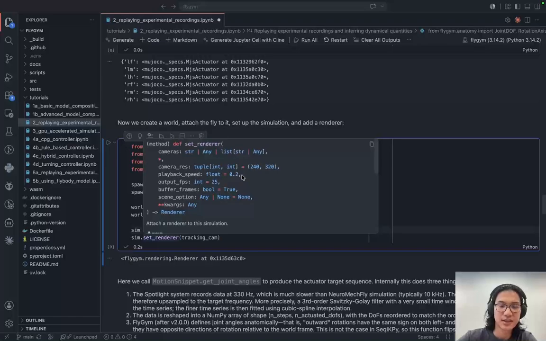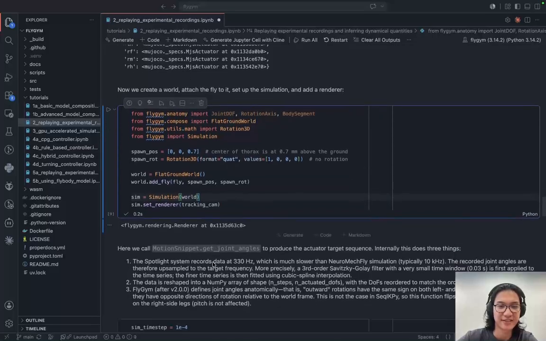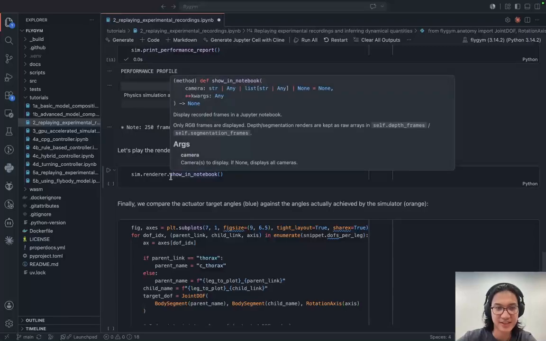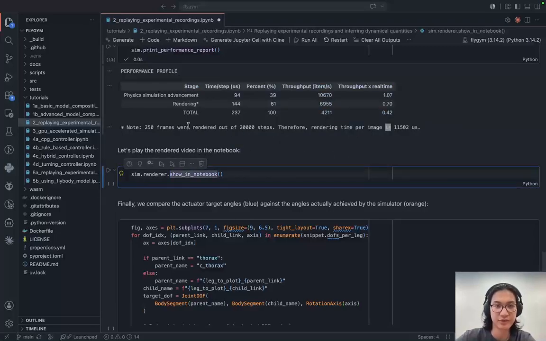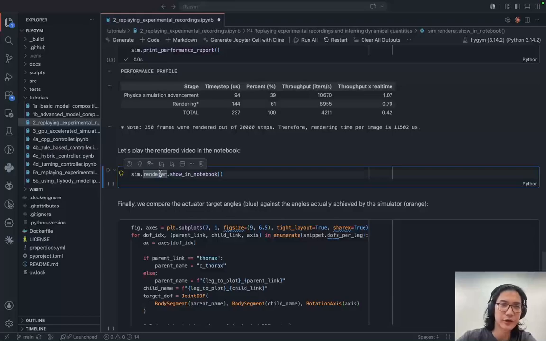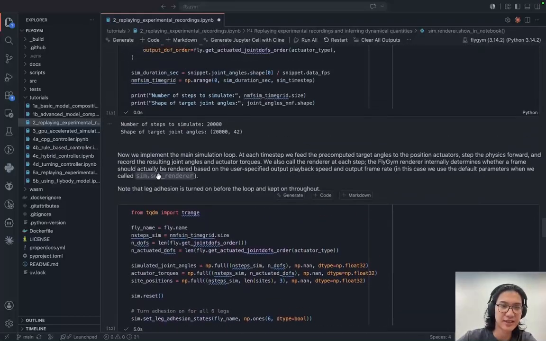In other words, we are rendering 125 frames, 25 times 5, per second simulated, which would make sense because over 2 seconds we simulated 250 frames. By adjusting the playback speed and output FPS, you can potentially reduce the number of frames that need to be rendered. Now, going back to the renderer class that we created when we called